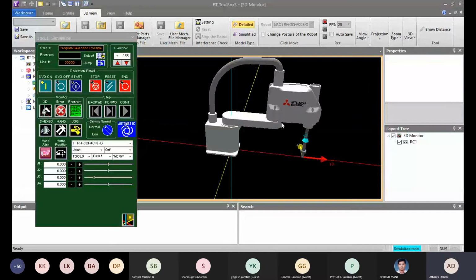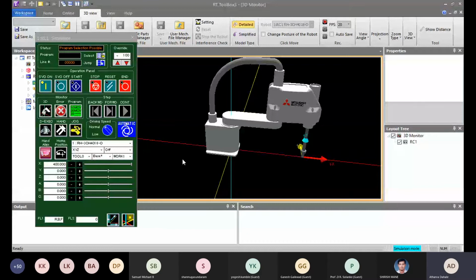So this is the home position of the robot. Okay, so this is all about the joint movement of the Star robot. After that, we'll move the robot in linear, that is XYZ movement.